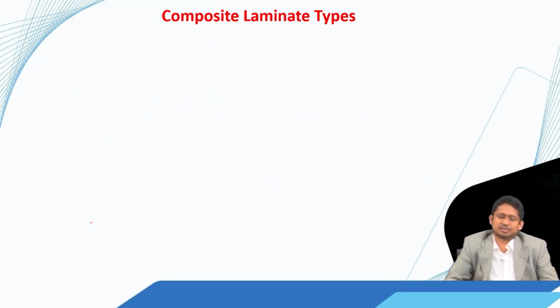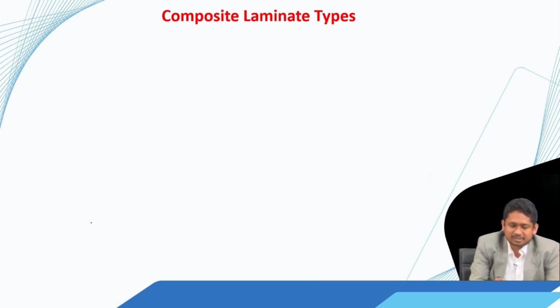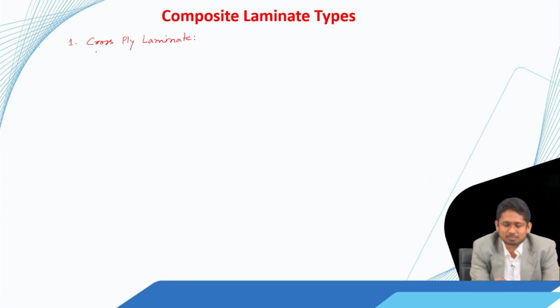Now, there are different composite lamination types. The first one we can write as cross ply laminate. So, in a cross ply laminate, all the plies have 0 or 90 degree